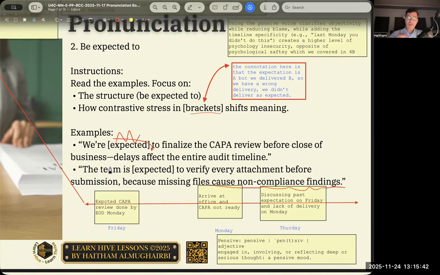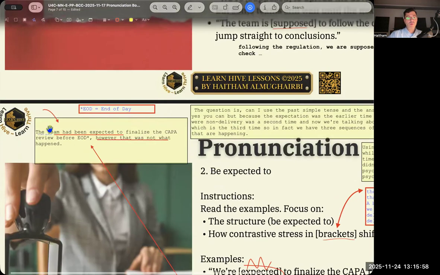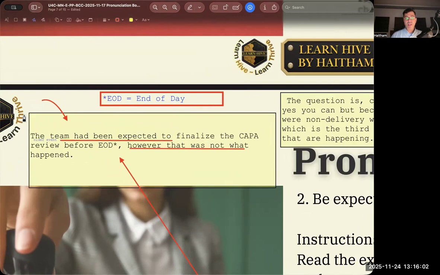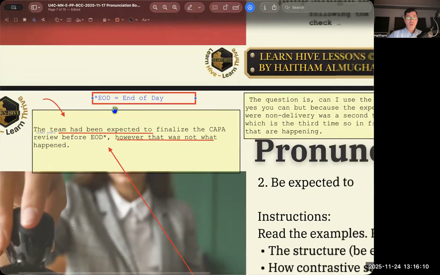When you say it like that and you dip down on "is," this really clarifies in an in-tone manner that this obligation is not something you are creating, but something someone else forces upon you, which is part of maybe your regulatory obligation or your responsibilities. The example that we discussed was this one over here. The team had been expected to finalize the CAPA review before EOD. However, that's not what happened. EOD, end of business day. Okay. And then,